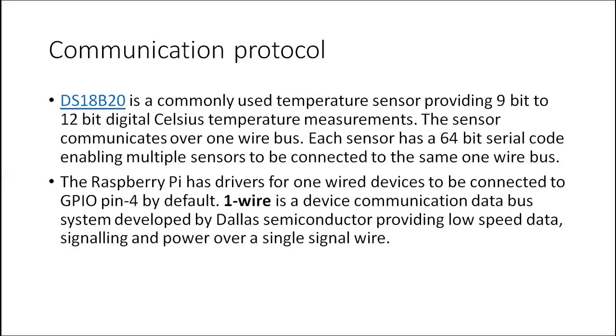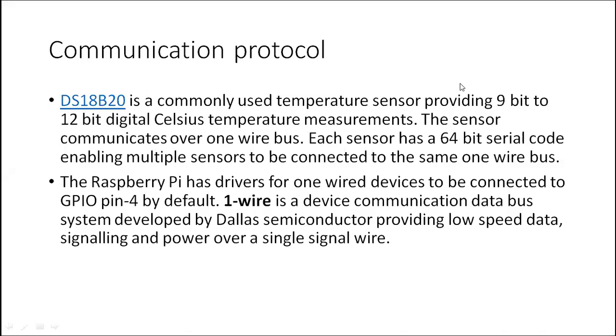It is going to provide a minimum of 9-bit to 12-bit digital Celsius temperature measurement. So 12-bit means 2 power 12, which comes in the range of 4000-something, and from 9-bit, 2 power 9, to 2 power 12 digital measurements it's going to give. And then it is using a one wire bus because you have only one data line in the temperature sensor. The middle one is the data line, so we are using a one wire bus.